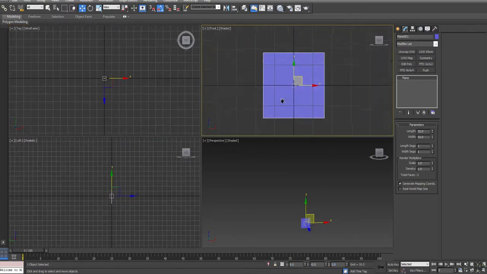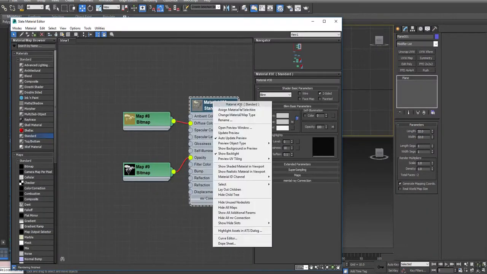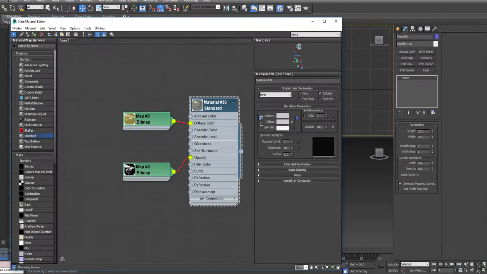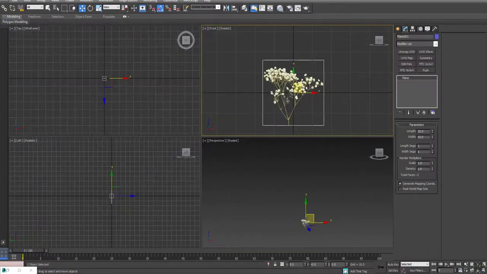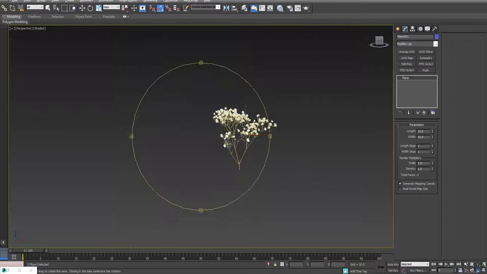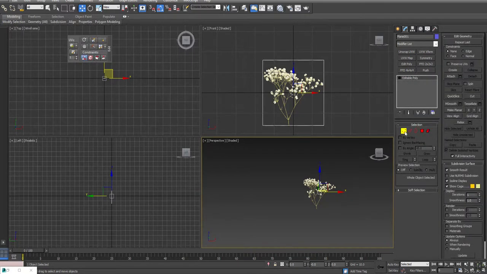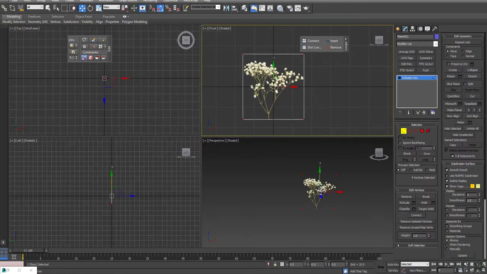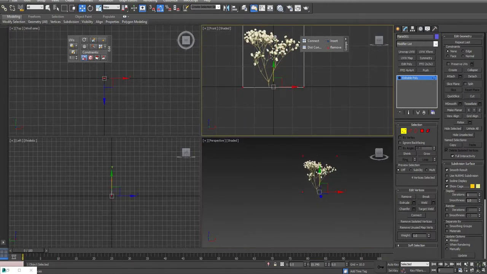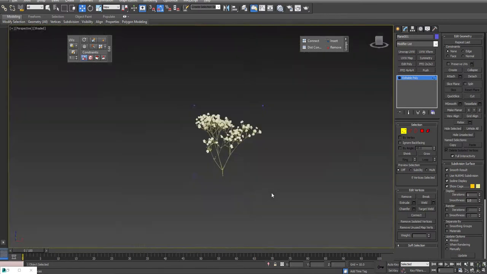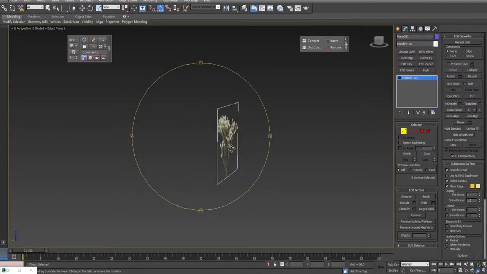There's our grid. We'll open up the material editor. Now if I right click and assign material to selection, nothing happens, it just goes gray. That's because we did not right click and say show realistic material viewport. So there you go. Now we have this kind of little card sitting out there. We can go further. We could convert this to an edit poly, and we can take all those vertex points and raise those up so that their origin is at the bottom, but the flower itself kind of sits up at the top here. So at a bare minimum, you now have a card,